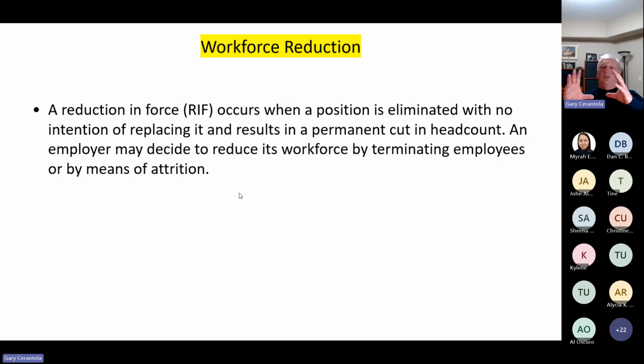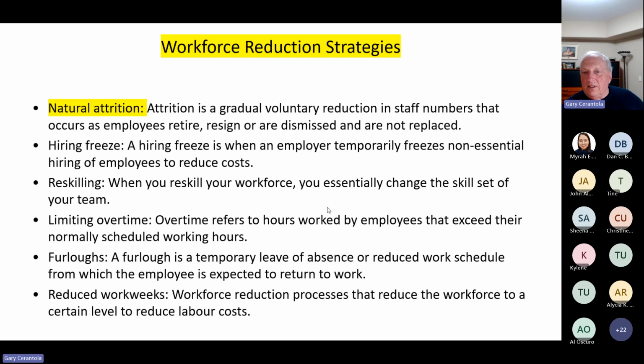So organizations are looking at maybe driving down their workforce to match their costs with their revenues. And so what they'll do is they'll deliberately not replace some of those positions and then change other positions to make up for the requirements that the positions that were eliminated fulfilled. And so they're looking at natural attrition. So here are some workforce reduction strategies that you should be looking at, and knowing what's on this slide.